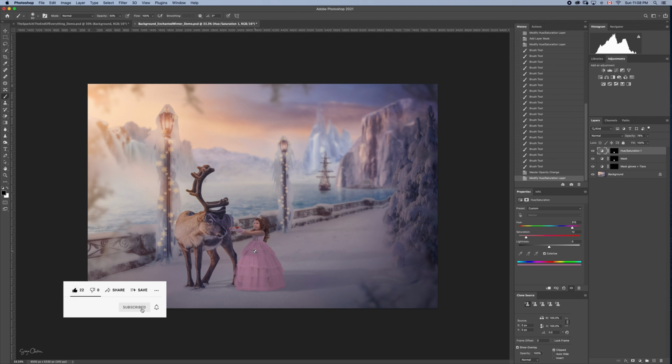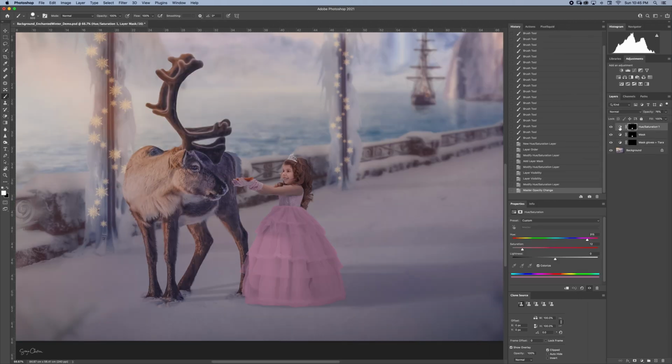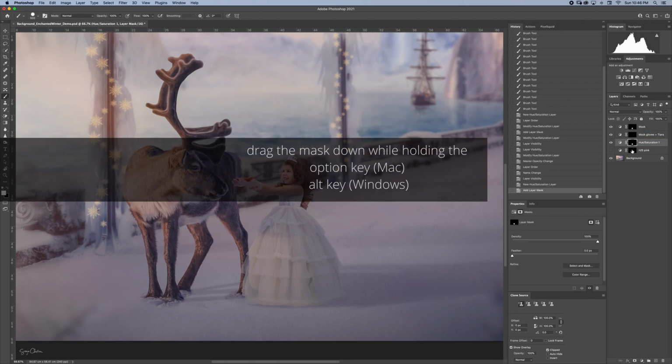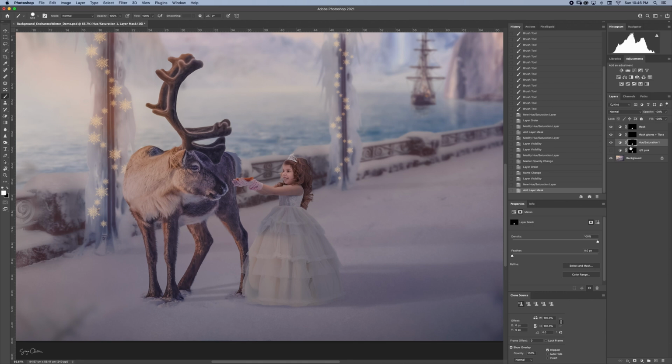But I'm also interested in that blue tone. Now, of course, I forgot what it was. I should have written that down, but I'm confident we can find it again. So I'm going to drag this layer down, label it HS Pink, and I'm gonna turn it off. And then I'm gonna click into a new hue saturation adjustment layer. I'm going to drag my mask down, click the check mark, or just press enter,